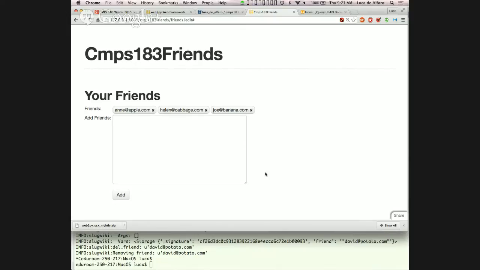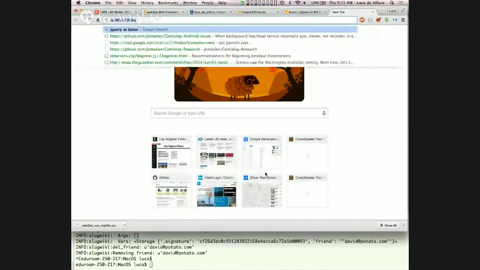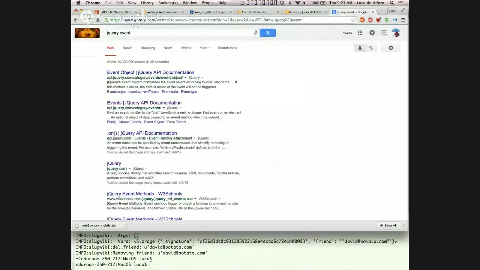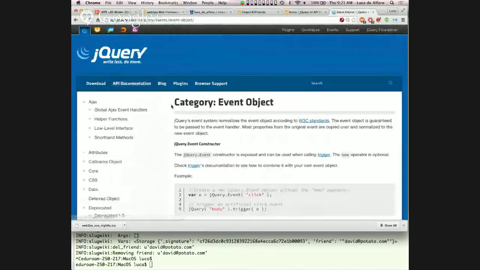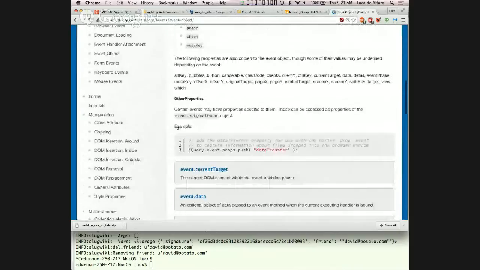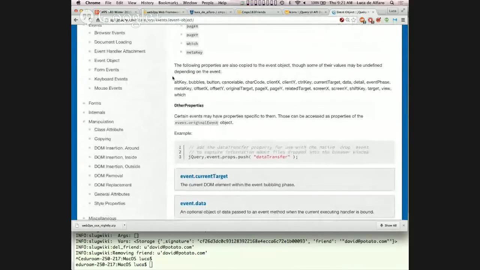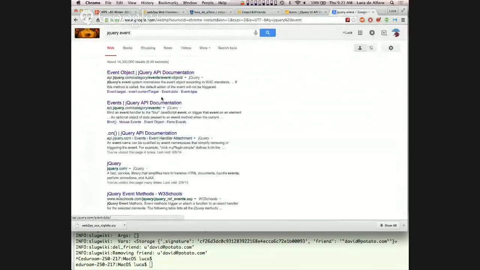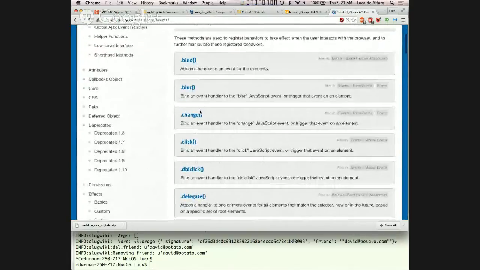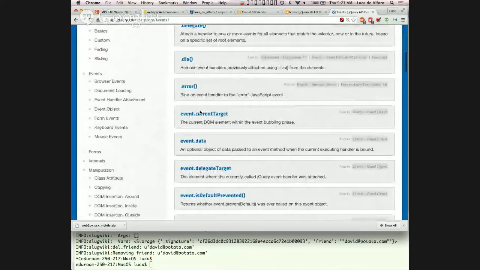There are many events, and in fact, let me show you where you find the documentation of some of these, because it's very useful to know where to find these things. So jQuery event. Okay, this will give us the various events. Hold on. Event properties. I think I should have chosen the other search result, because I want to know not the event object, but what events I have. Okay, so see, there is